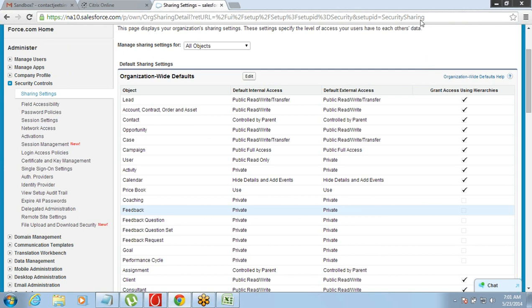Okay. Yeah, this default internal access and external access. What is the difference between this default internal access and default external access? So the difference is pretty simple. Internal access is, again, as I said, organization wide, applicable on the organization. So this internal access is for internal